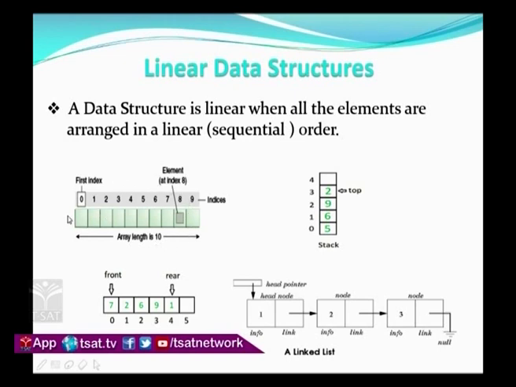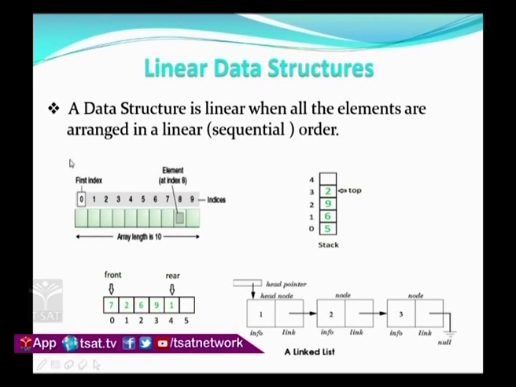In an array, elements are stored in sequential order. That means, except for the first and last elements, all the remaining elements have exactly one predecessor and one successor. Suppose I take the element at the second index: it has only one predecessor and one successor. The first does not have any predecessor, and the last does not have any successor. These are all the indexes. The element in the 9th index does not have any successor, and the first index has a value that does not have any predecessor.